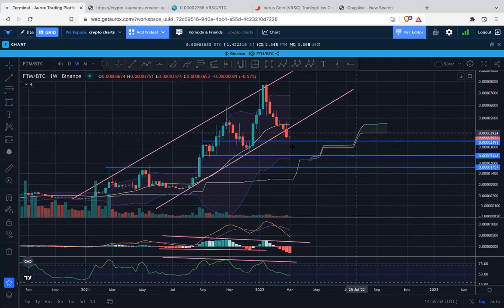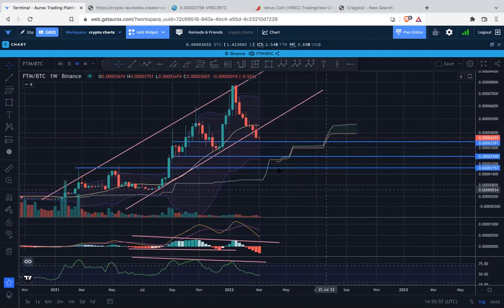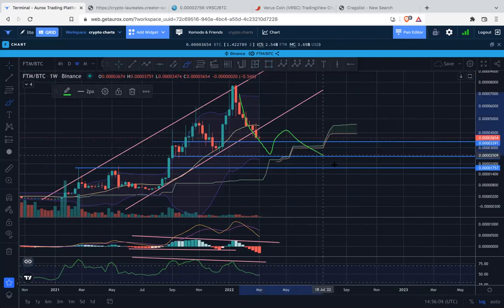So I guess we are here, at the first horizontal level. We've got this stair-stepping Ichimoku cloud as a potential support eventually when you get a turnaround of news, but maybe that's just going to look something like this. I don't know. We are below the 20-week. I do think eventually it will come back and test it. In terms of momentum,